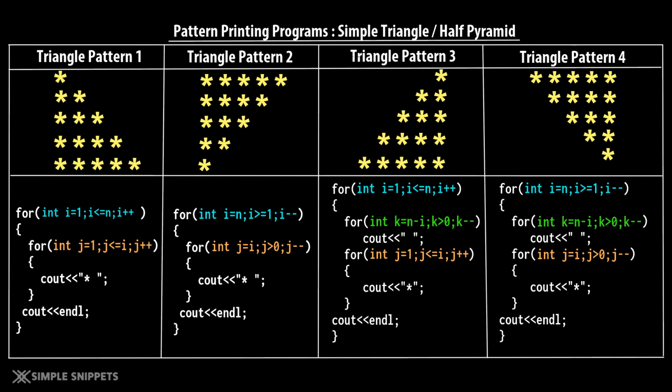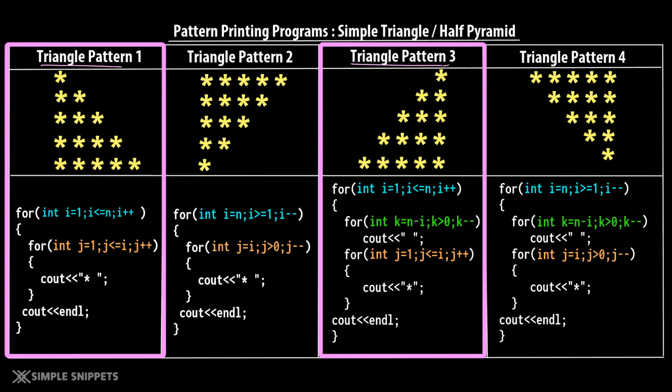Okay, so before we individually cover triangle pattern 3 and pattern 4, if you just observe triangle pattern 3 and triangle pattern 1, they're pretty much similar, with the only difference that in triangle pattern 3, the spacing happens first, right? So if you assume this as the command prompt where your output is supposed to be shown, you can see first star is printed, then we have spaces, right? Then again 2 stars, then we have 3 spaces, 3 stars, 2 spaces, 4 star and 1 space.